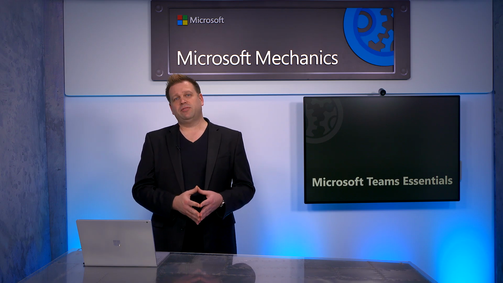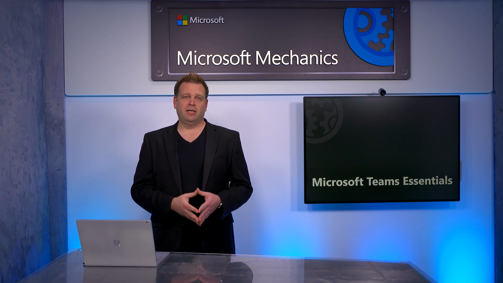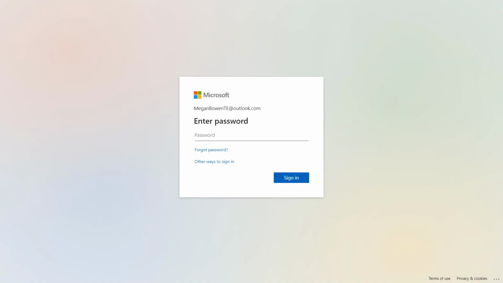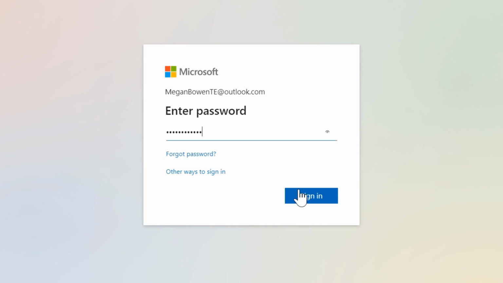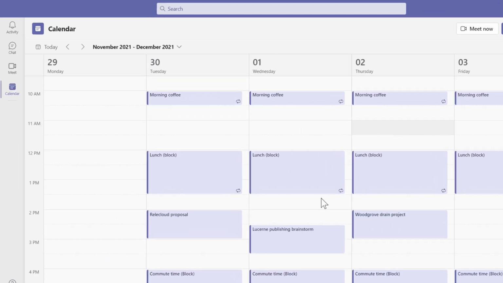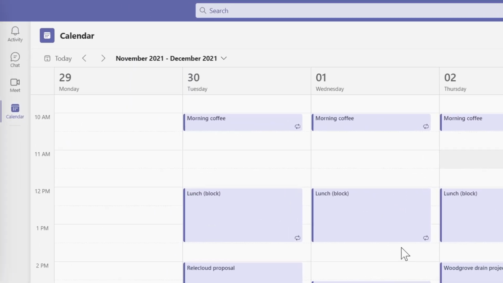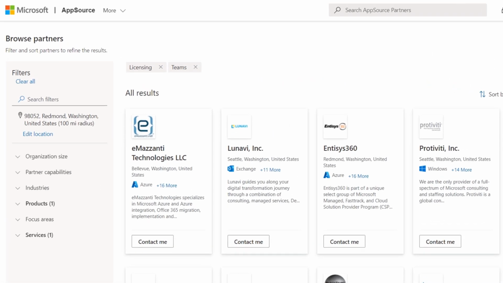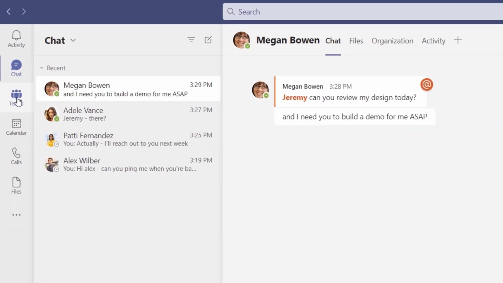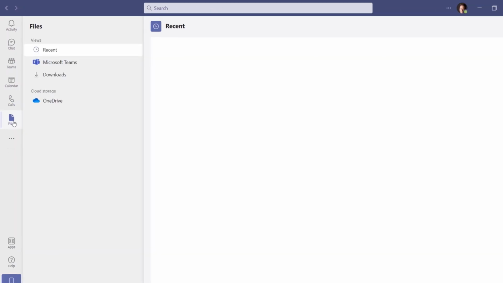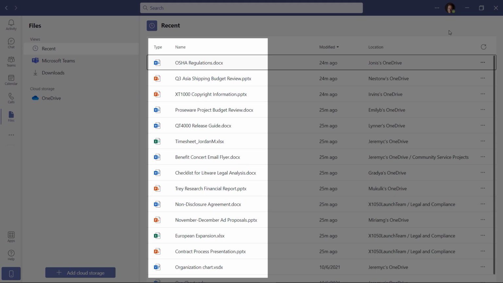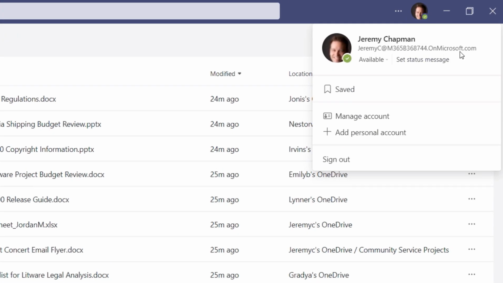And there are two options for getting Teams Essentials. First, through Microsoft.com, you can access a streamlined version of Teams Essentials that uses a Microsoft account like Outlook.com with a simple setup experience. Or through select Microsoft certified partners, you can also access Teams Essentials, which gives you a few more options. It uses Microsoft 365 commercial services and Azure Active Directory work accounts.